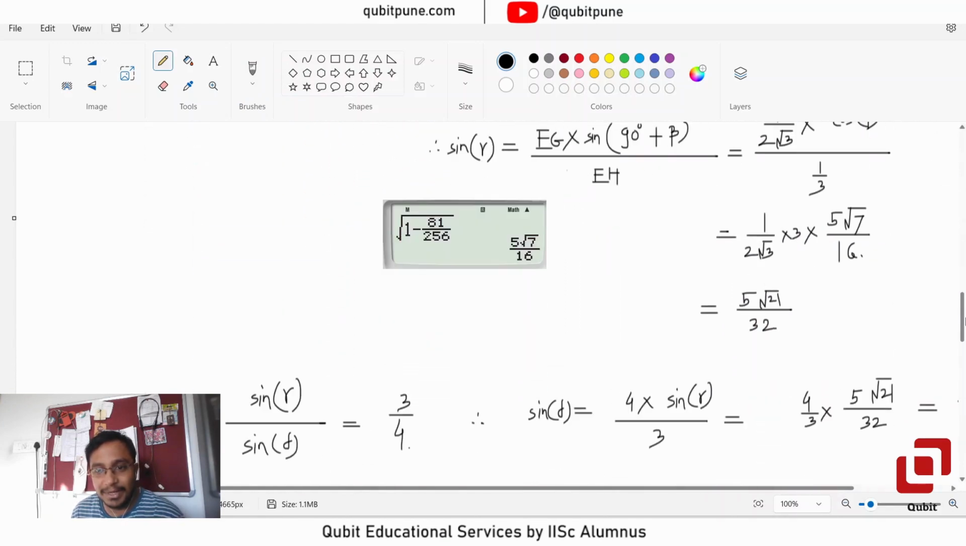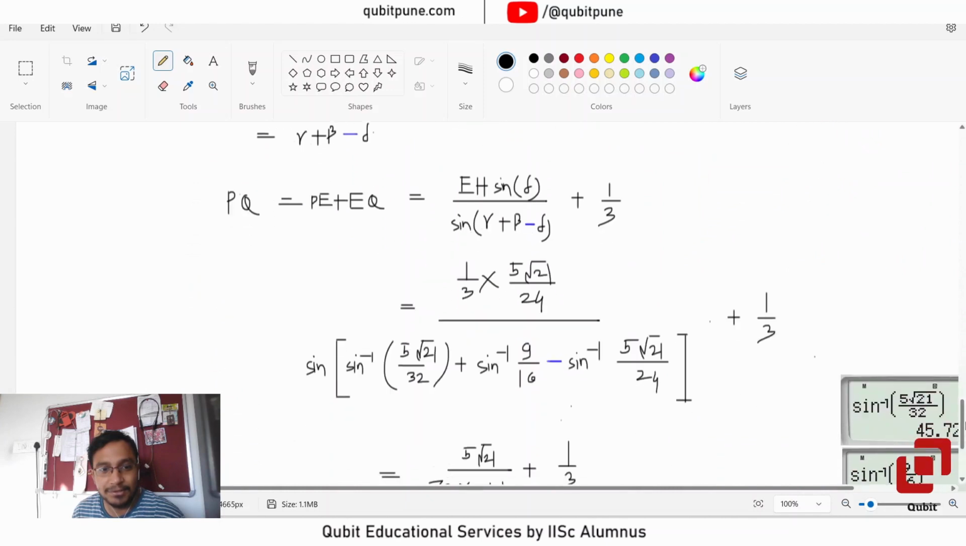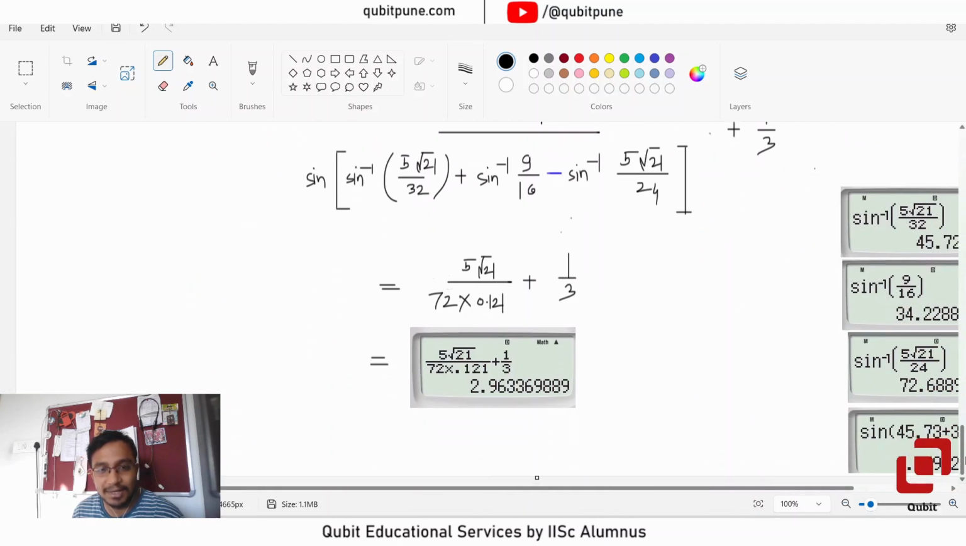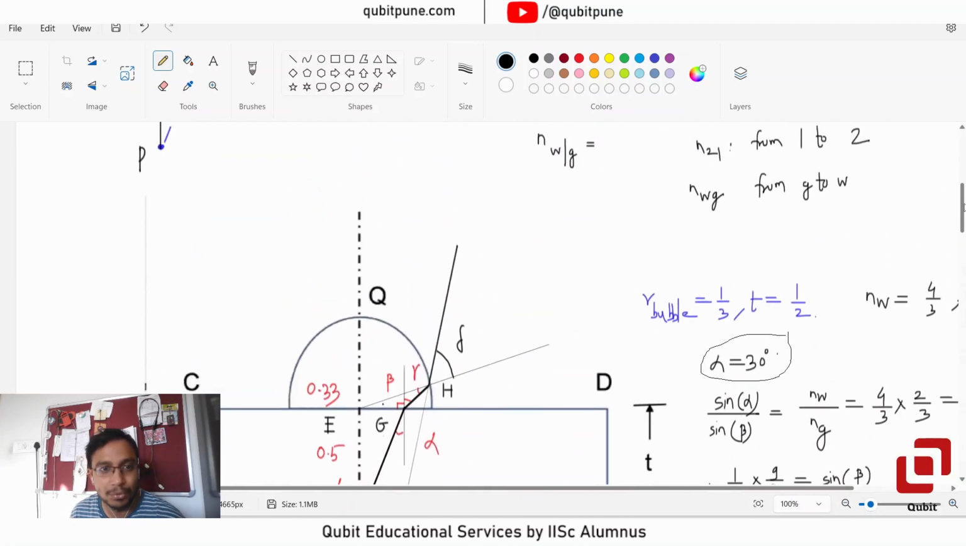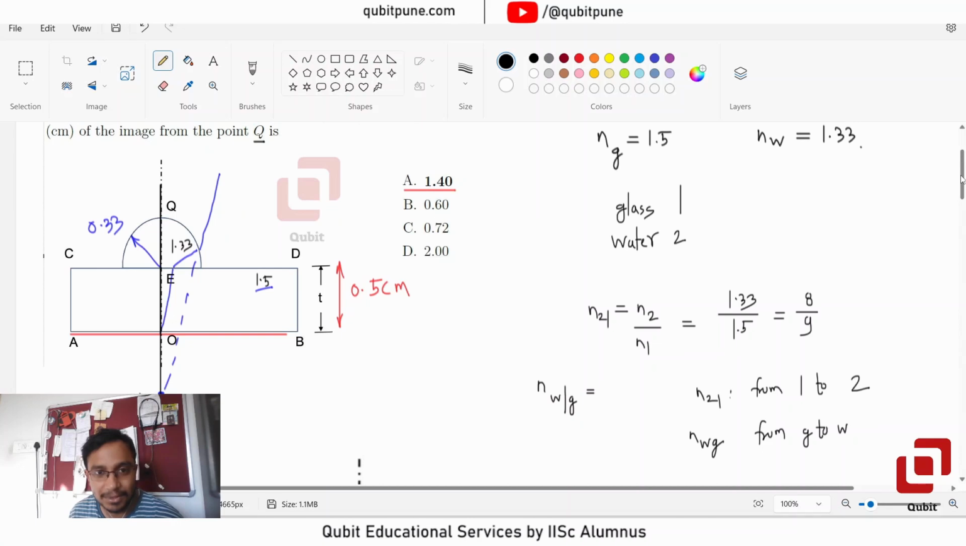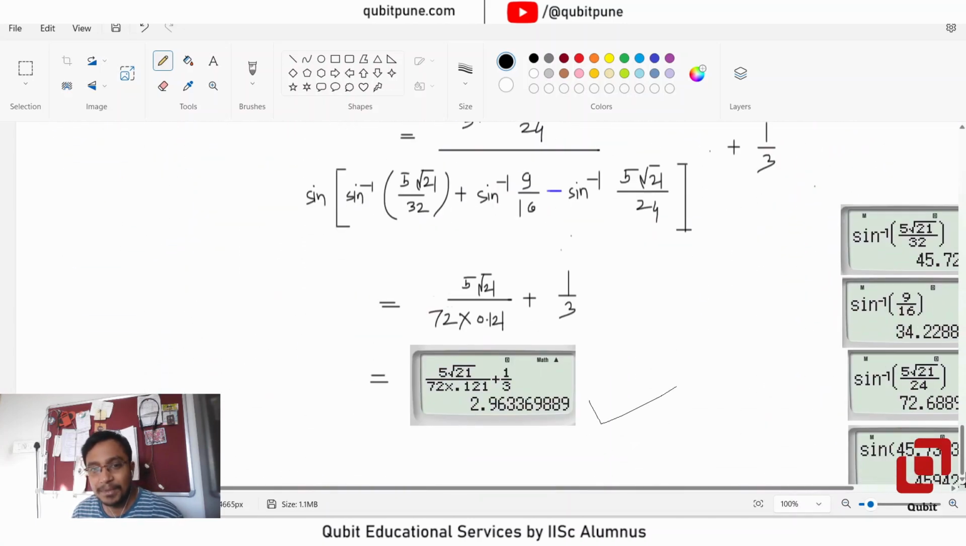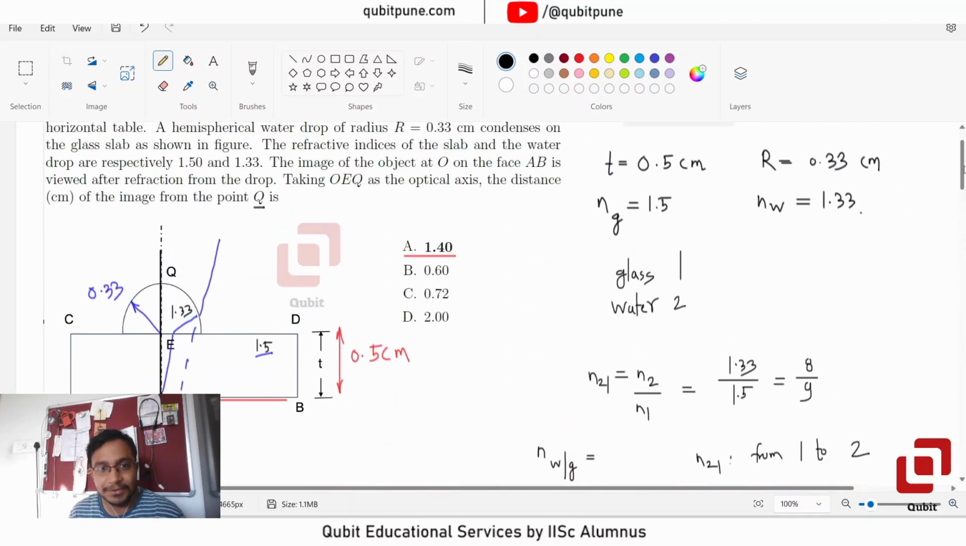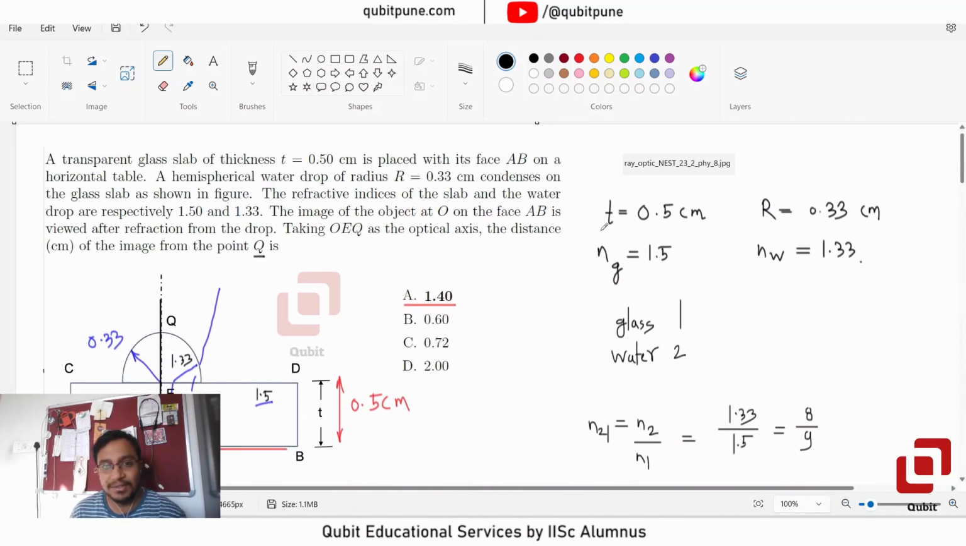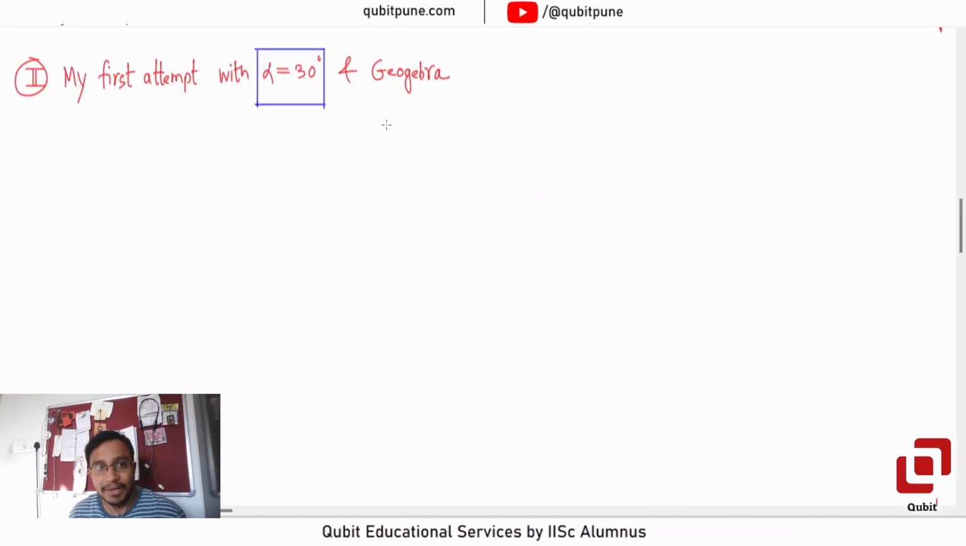Then I got beta, gamma, delta, and finally I managed to get that distance, and that distance was 2.96, which was never close to these options. It was even greater than D, 2.00. And I knew the option given in the official answer key is A. So then I thought of building a model which replicates the actual situation, and what I found out